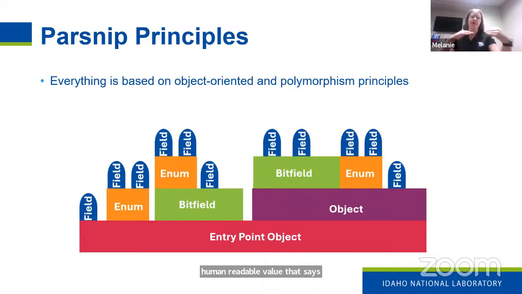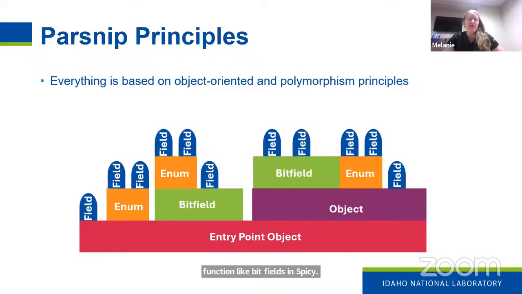Enums are kind of the lowest level in that, in Parsnip, you can't build on an enum. An enum can't point to anything else. But then we move on to bit fields. Bit fields also function like bit fields in Spicy. Bit fields can point to enums. They can't